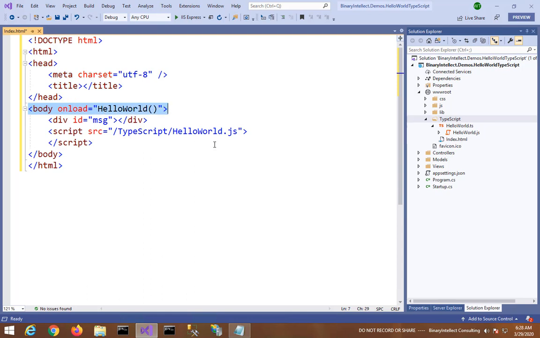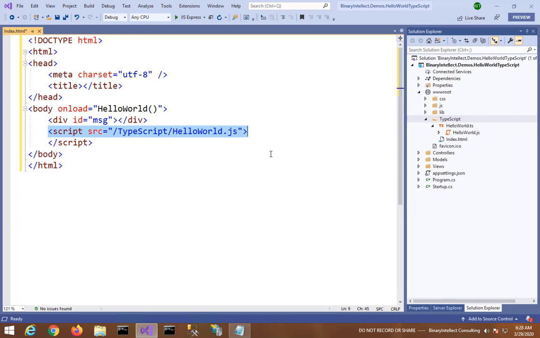For the body element, I specified onload attribute and hello world function there, which we just wrote. Inside the body section, we have a div whose id is MSG, and we also added script tag at the